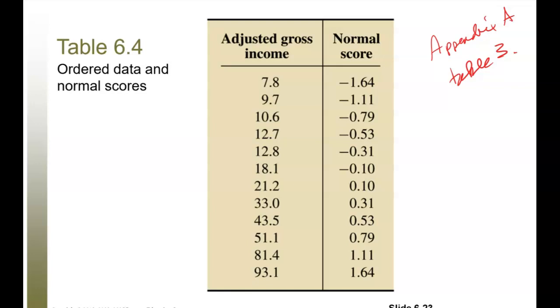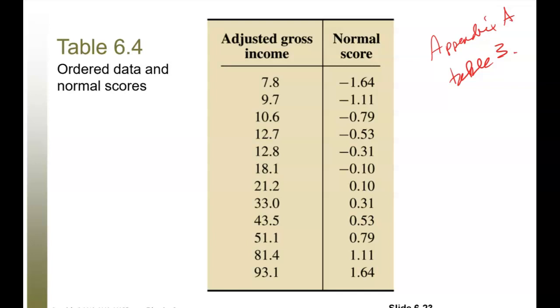It'll do a data set up to, I think 22 data values. Or I think it goes even further. No, it goes up to 30. It'll do a data set up to 30 numbers. So here we had, again, I think this was 13. Let me see. Was this 12? 1, 2, 3, 4, 5, 6, 7, 8, 9, 10, 11, 12. Yeah. So what you would do is look at Appendix A, Table 3,